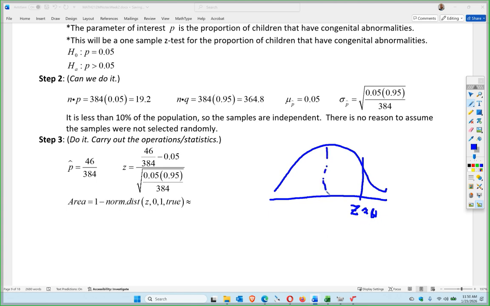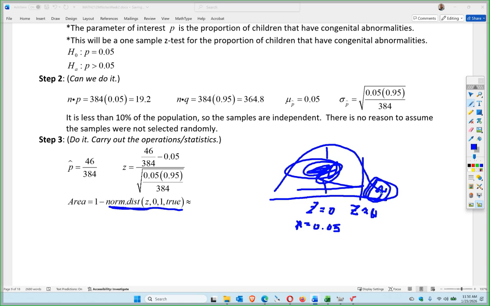Because this is z equals 0 in the middle, which, as far as x goes, or p I guess, is 0.05, right? So the problem is if I do this function, it's going to give me this area, which is not what I want. I want this area over here, which is why I do 1 minus, right? Because I want the greater than. The greater than means it's going this way from the z, right? Okay, so let's